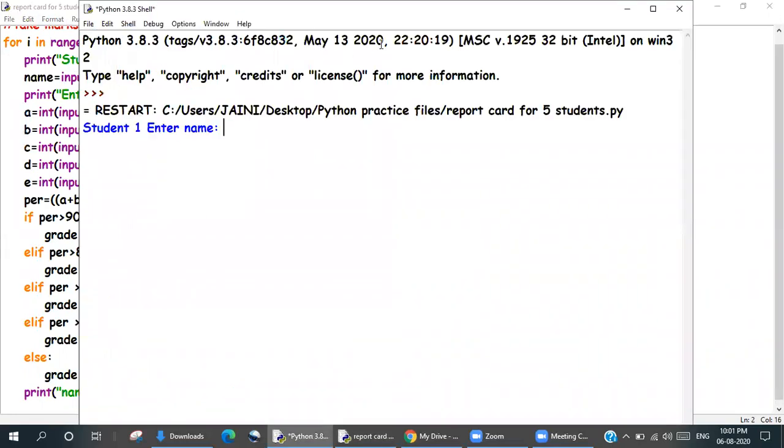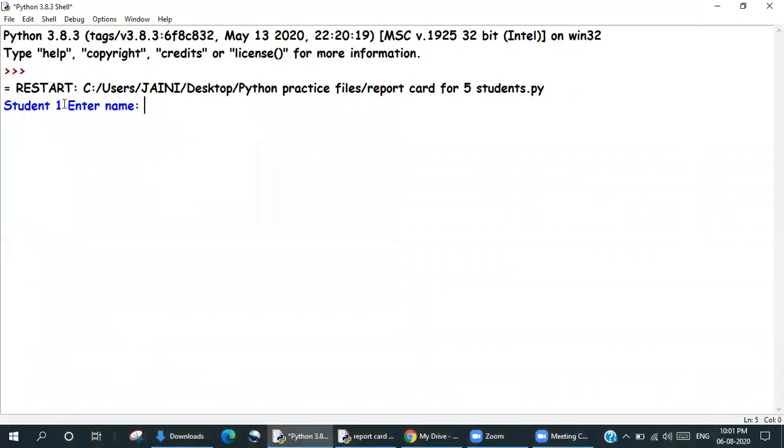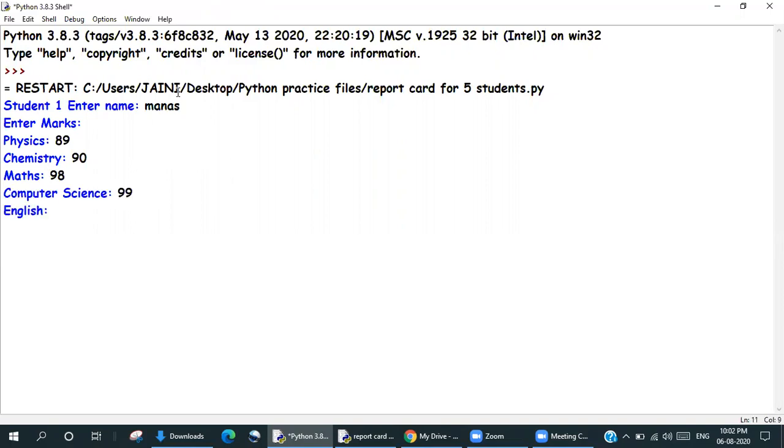Enter student 1, enter name. Approximately, don't take anything by heart. So I have name Manas, percentage 91, grade A. Student 2, enter name.